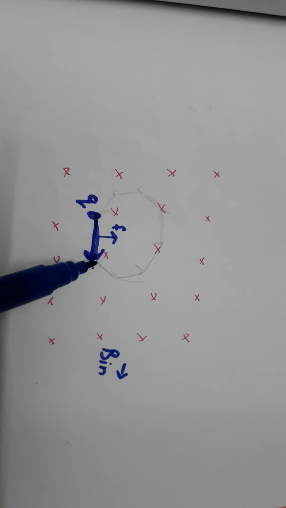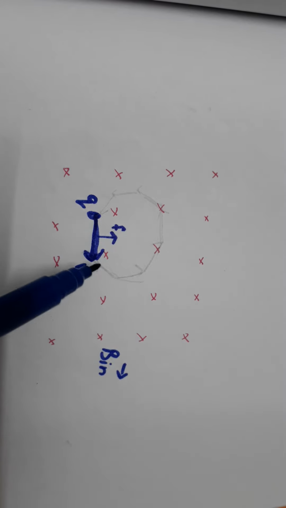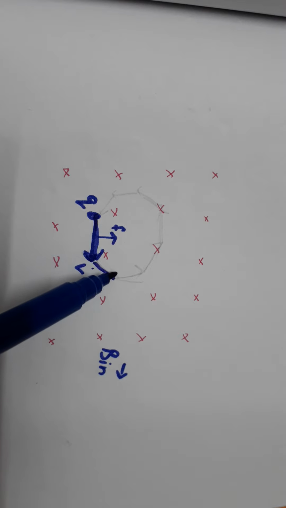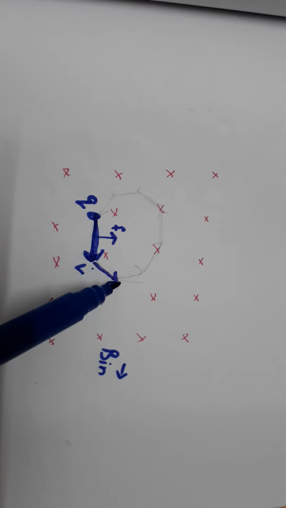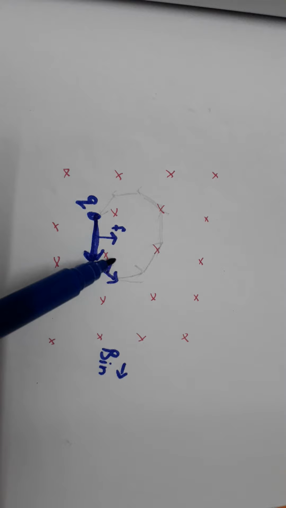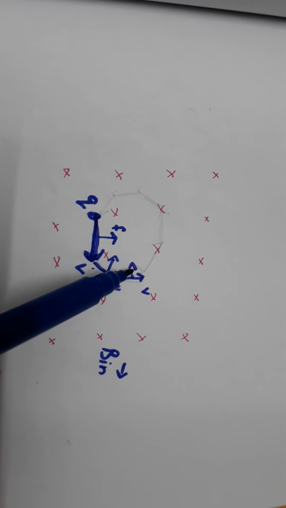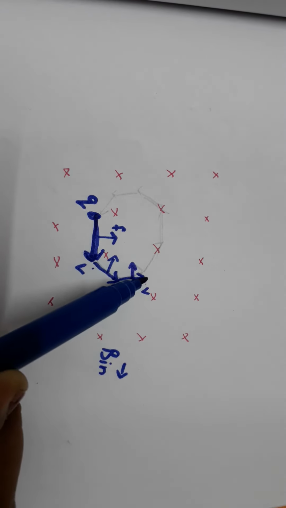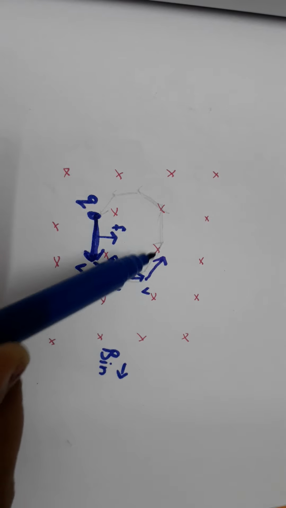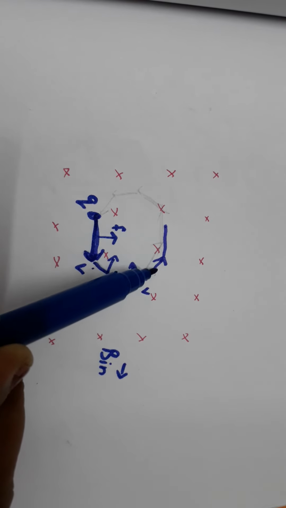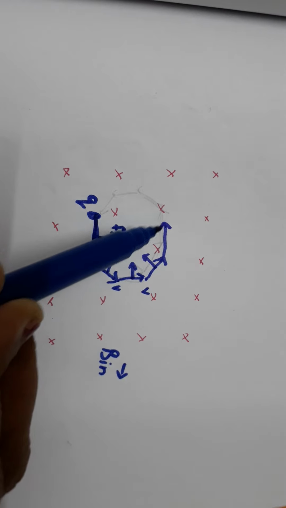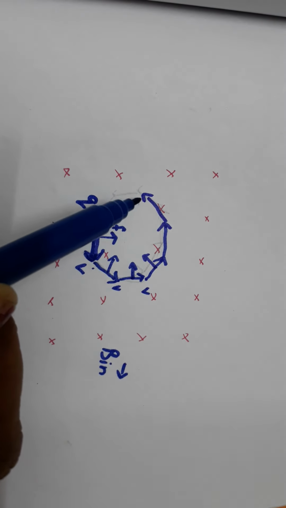So this force does not allow the particle to move linearly. It will deflect the particle direction so that the particle shifted in this direction. Again, this F acts on this so that the particle again now shifts in this. Velocity changes, right? Now F again acts in this direction so that the particle moves in this direction, right? So every time this F, it will deflect the particle, right?